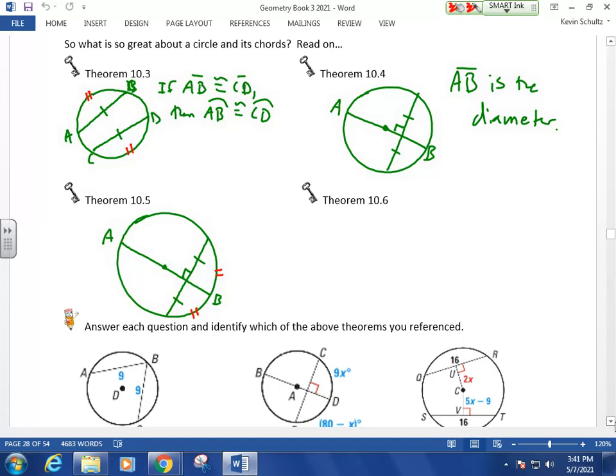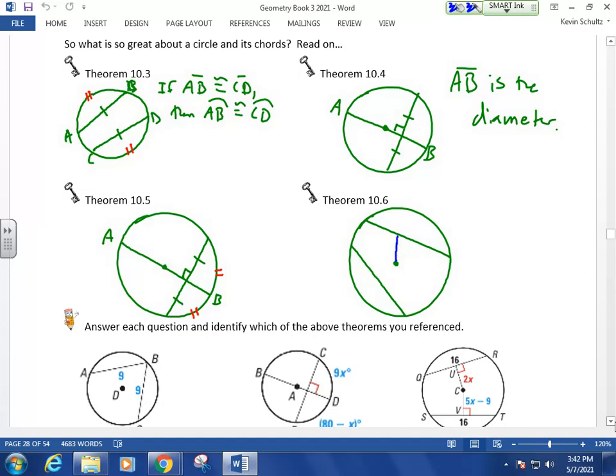Okay. Finally, theorem 10.6. Draw another circle here. Okay. Three solid circles back to back to back. Theorem 10.6 says that you can conclude that two chords are congruent if they are equidistant from the center. Now, we've talked about kind of the shortest distance between two points. When we say they're equidistant from the center, what we're talking about here is if we draw